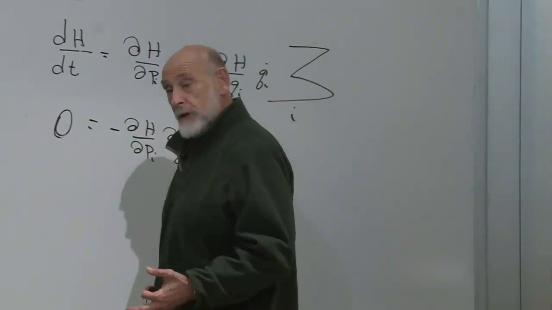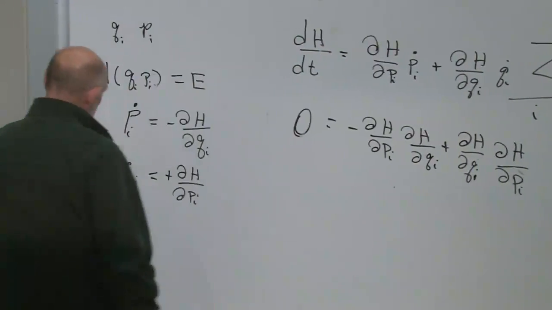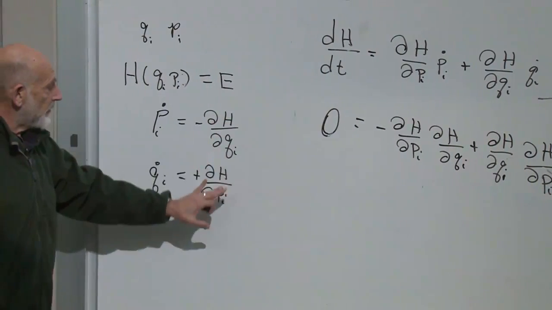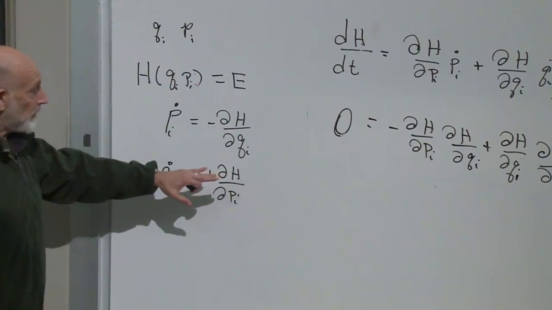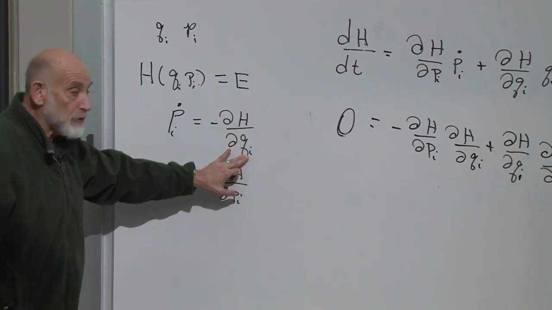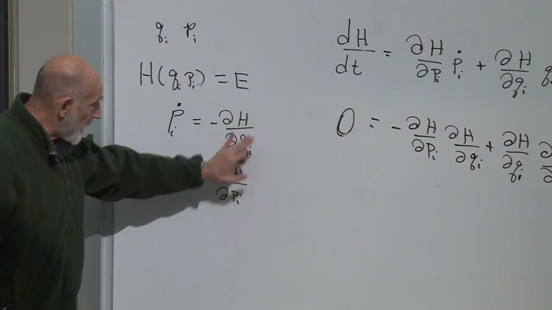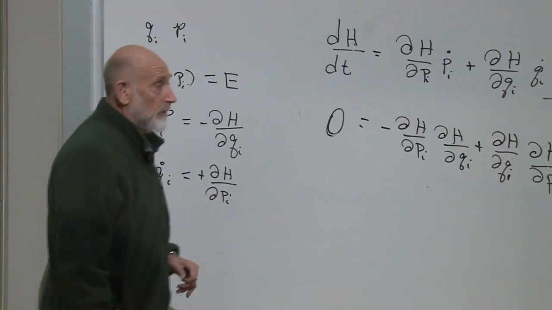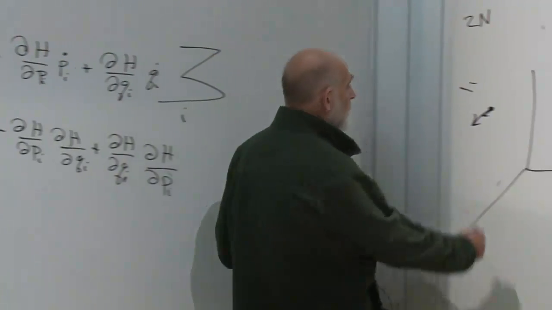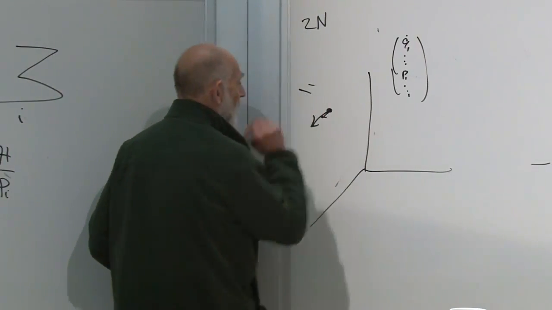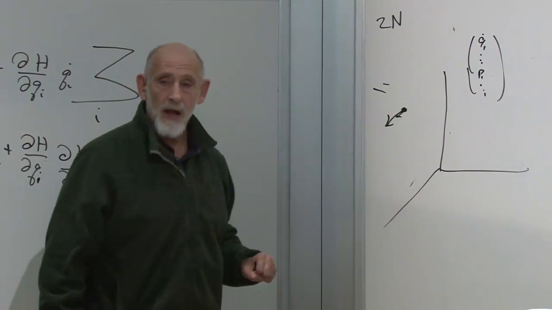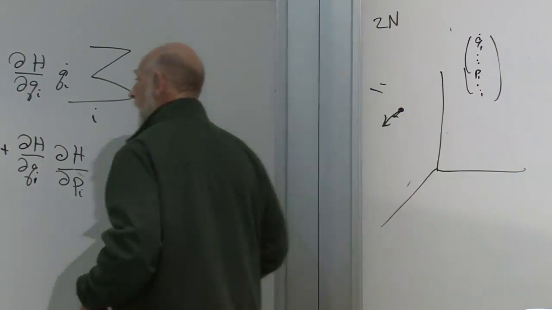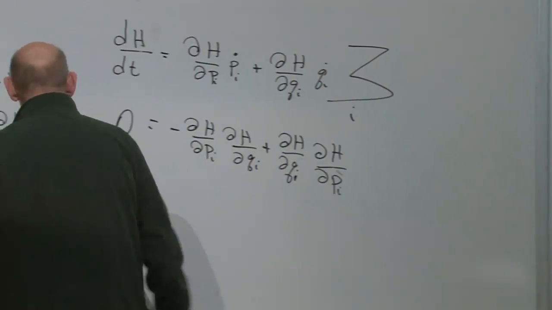What is the flow? It's just these p dots and q dots. This is the velocity vector, and they're given entirely by known functions, if we know the Hamiltonian, known functions of position in that space. The right-hand side are known functions of the position, which are determined by the Hamiltonian. And so whenever a point in the flow gets to this point, it always has the same velocity, determined by the value of H and its derivatives at that point.